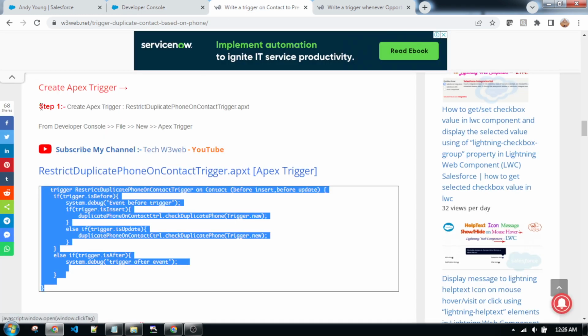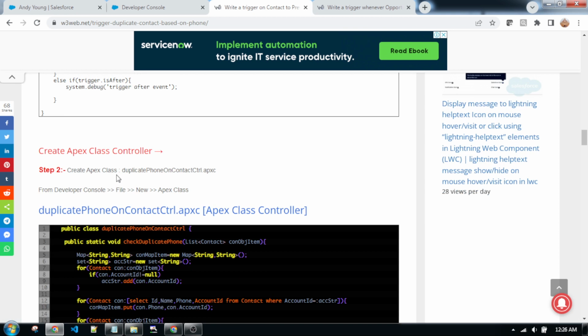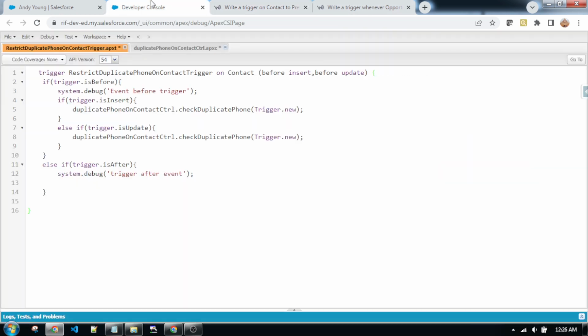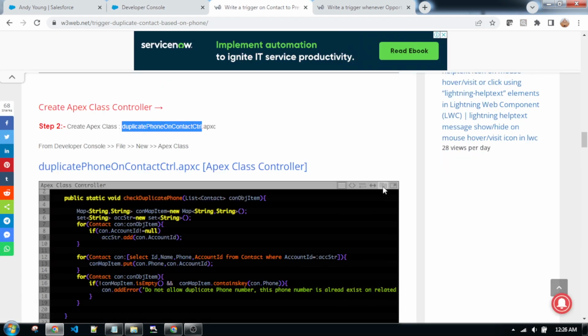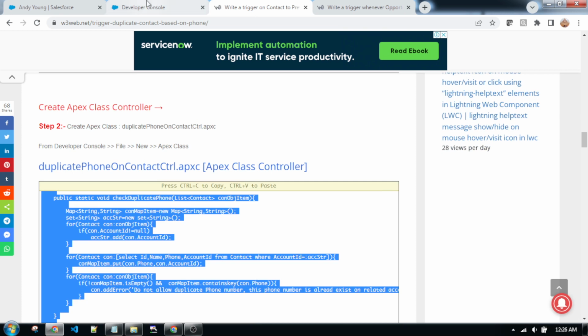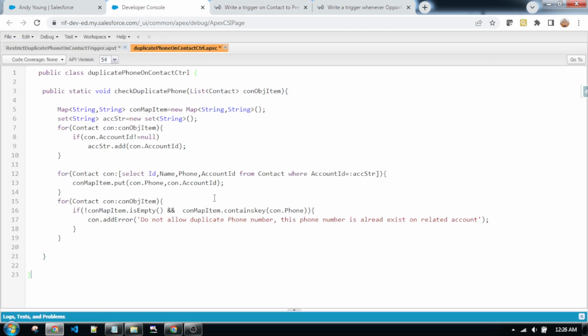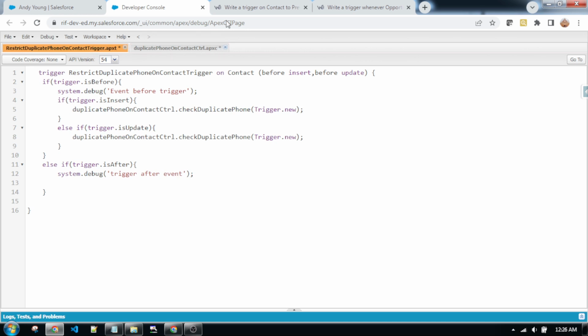And step 2 is to create a handler class. Copy this handler Apex class name, go to the developer console, and create the Apex class. After that, copy this code and paste it here. After saving both of the files, we will